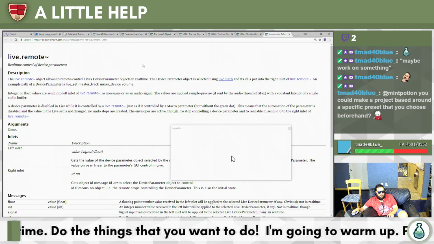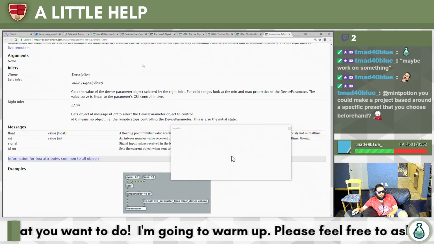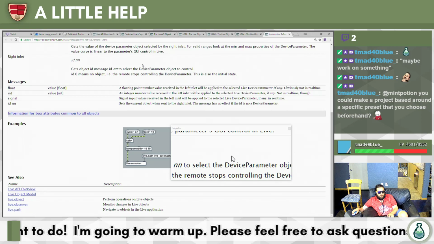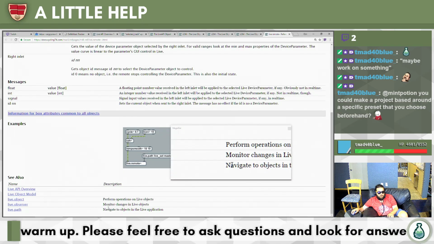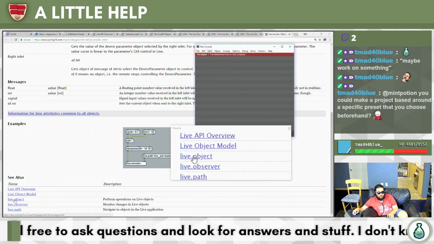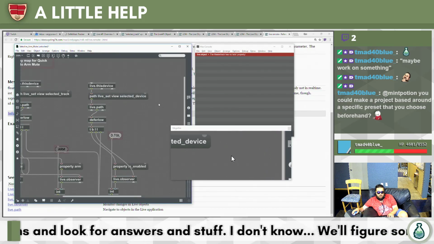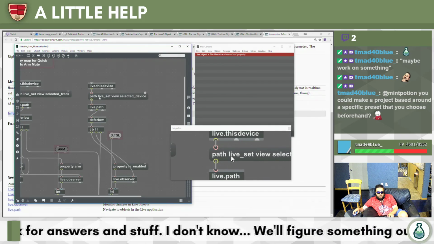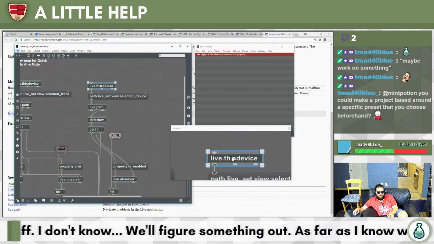So let's see. Left inlet, right inlet. Okay. Alright, there's changes, perform operation. Oh, this device is the idea. Or maybe this device is this instant.